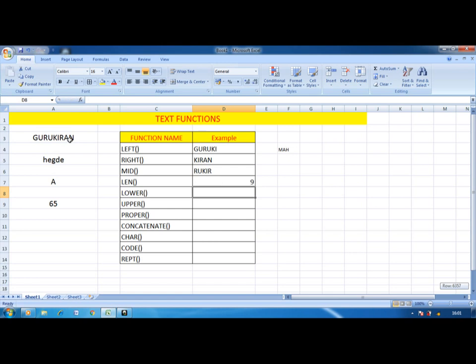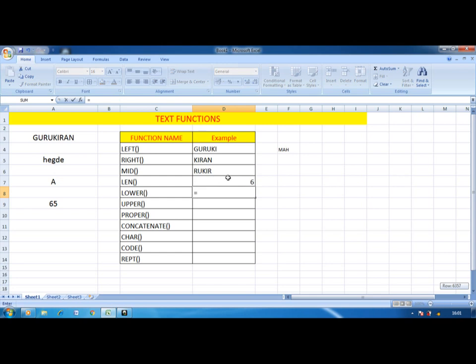So 9 characters are there. Or if you want to specify any name, this time also you can write it this way. LEN inside the bracket, then in double quotes you mention any name. I will mention my name, Asha. So totally 6 characters.